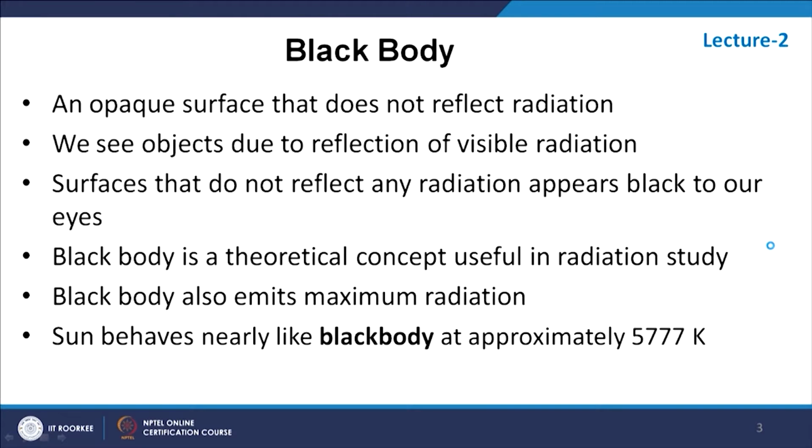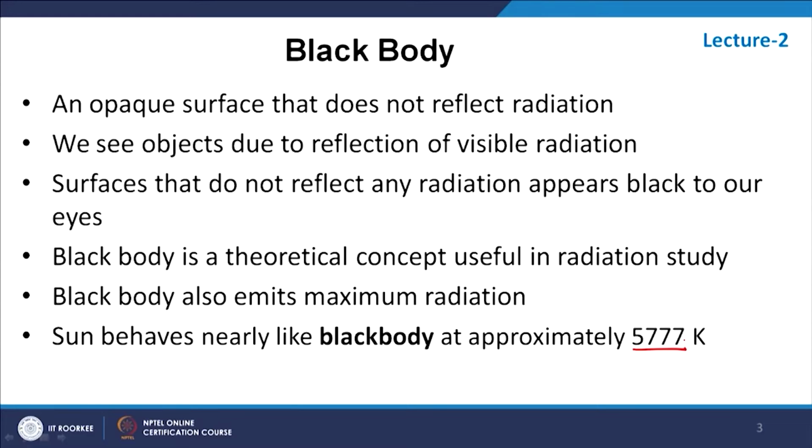Now, another concept of radiative heat transfer which is very important is the concept of a black body. In daily life we define a black surface as one which does not reflect radiation. So, how do we see any body? The sun's radiation falls on a surface and then the reflected radiation from that surface reaches our eye. If any surface by chance does not reflect the radiation, whether solar radiation or radiation from any light source, then the surface appears black, because the entire radiation is absorbed by the surface, and this surface is called black.